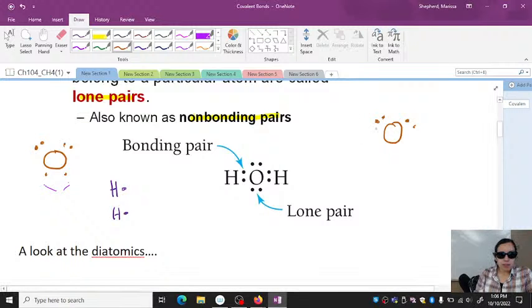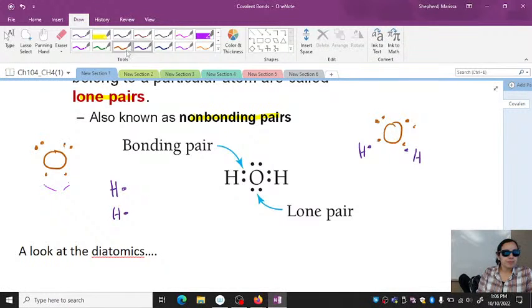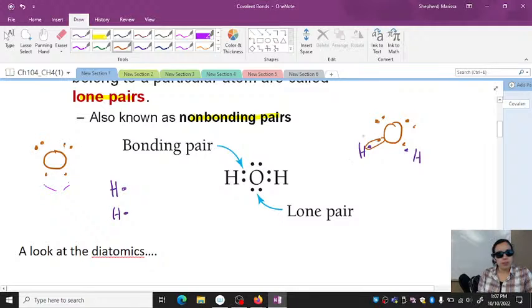Now we start constructing everything. I've just redrawn oxygen. Now we can pair on our hydrogens and where they're going to go. We can see hydrogen brought one electron to this bond, and oxygen provided the other. So now we just have a covalent bond there. I'm just circling them. Again, those would be our bonding pairs.